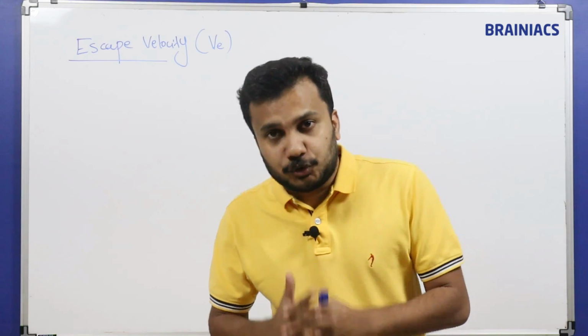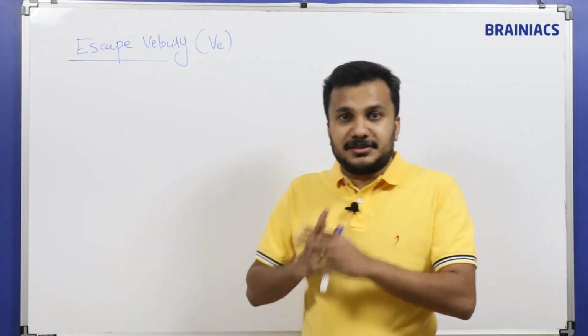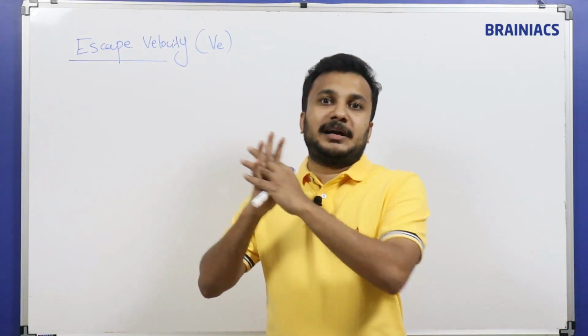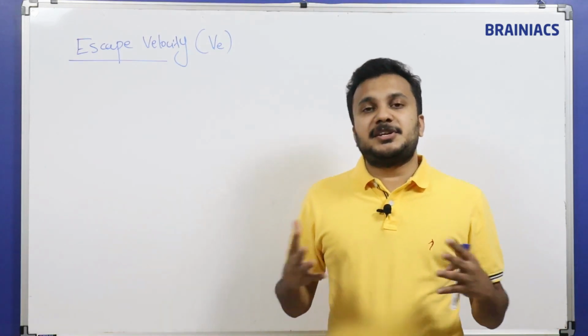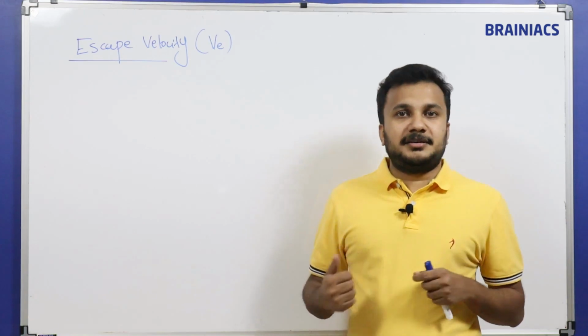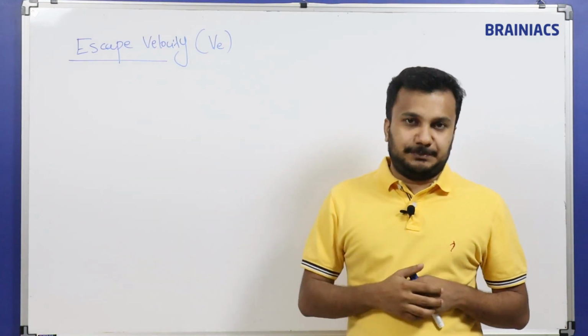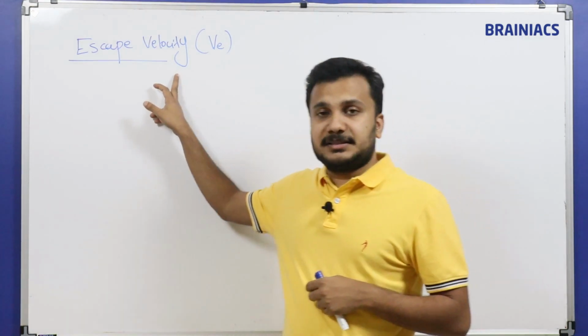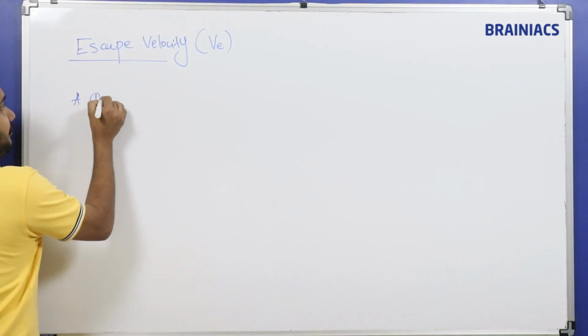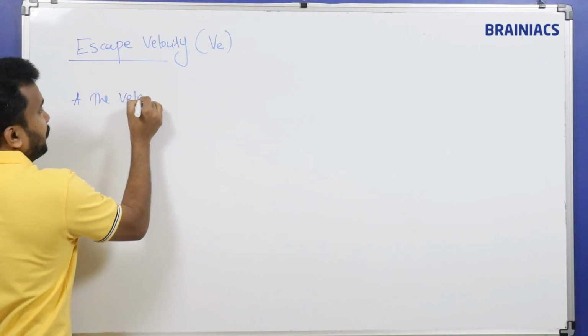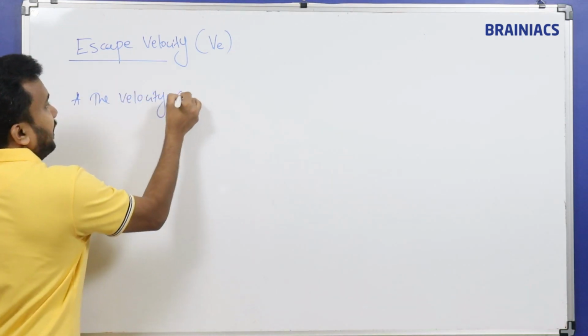If you are able to throw a ball or a system or a particle with that particular velocity and it escapes from the gravitational pull of earth, then it is called escape velocity. So what is escape velocity? We can write the definition: the velocity at which